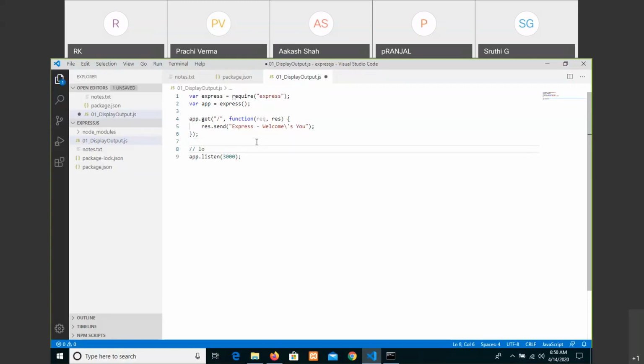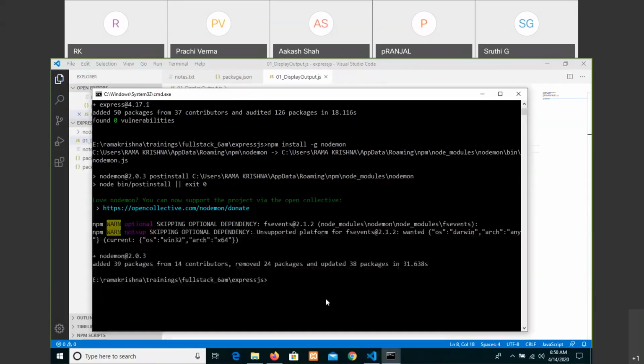You have to open the browser at localhost colon 3000 after executing or running this program.